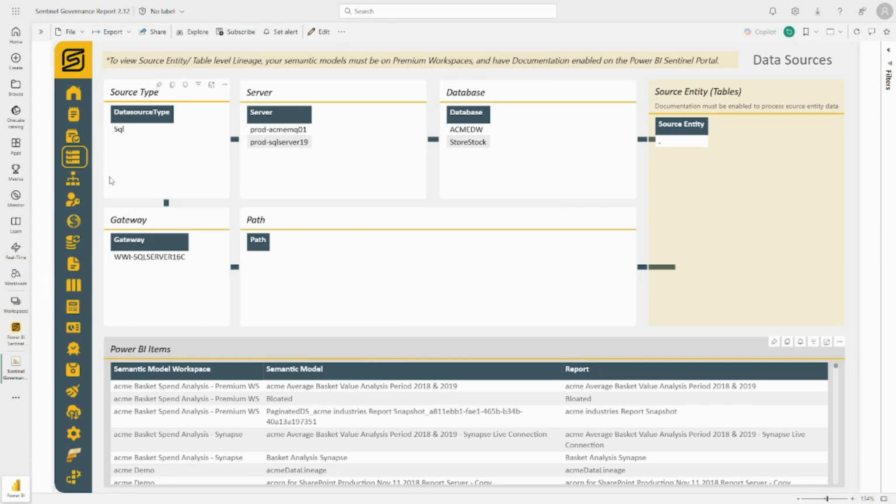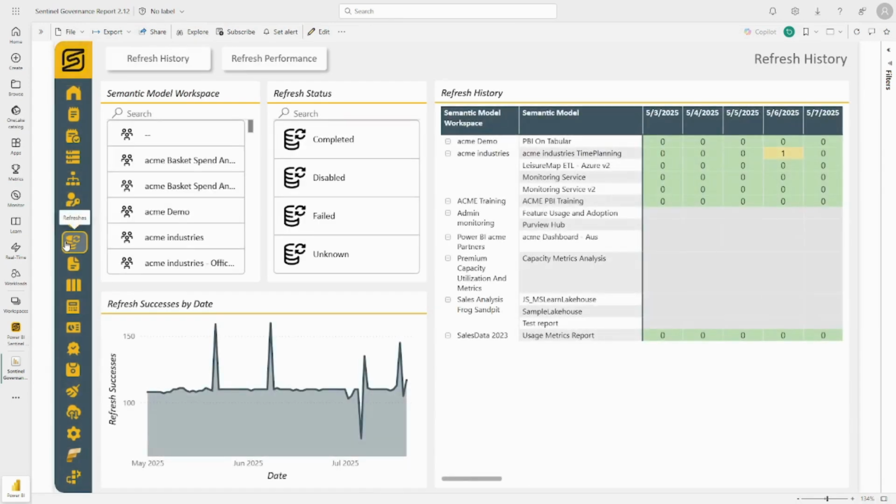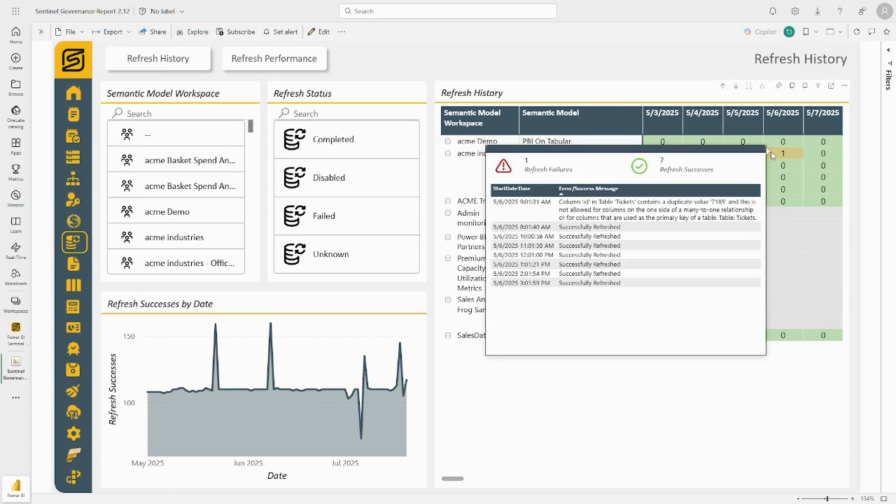Next up, we can look at our semantic model refresh history. Power BI Sentinel has a full view of all of the refreshes occurring on your estate for import queries and can show you all of the different refreshes that have happened. So if we hover over this particular instance here, we get a full list of every scheduled refresh. We can see that 8, 10, 11, 12, 1, 2, and 3 all successfully refreshed. However, the one at 9 AM failed, and the failure reason was that there was a duplicate value within this